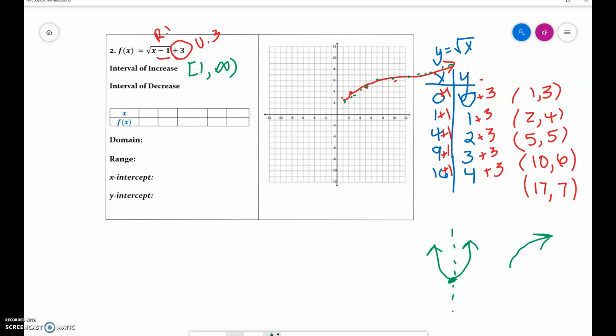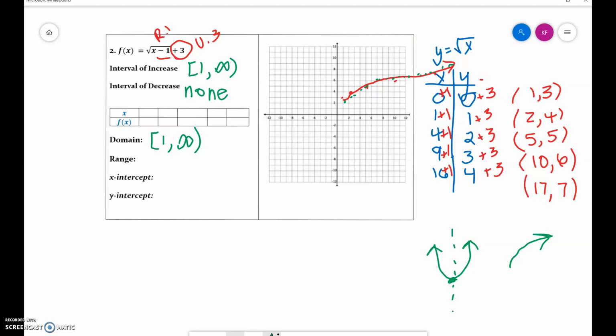And then when I make my adjustment for the transformation, that's as small as I'm going to be. So it has to start at 1. That also affects our domain, that it goes from 1 to positive infinity, all of our x's on the right, okay? There is no interval of decrease here because my finger along my graph was never decreasing or going down,